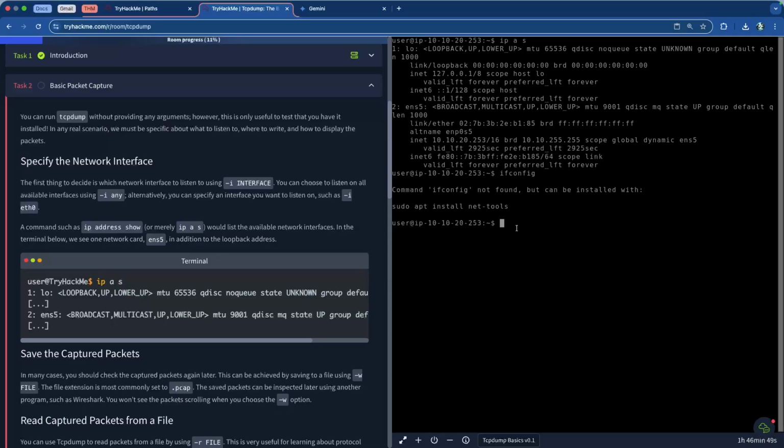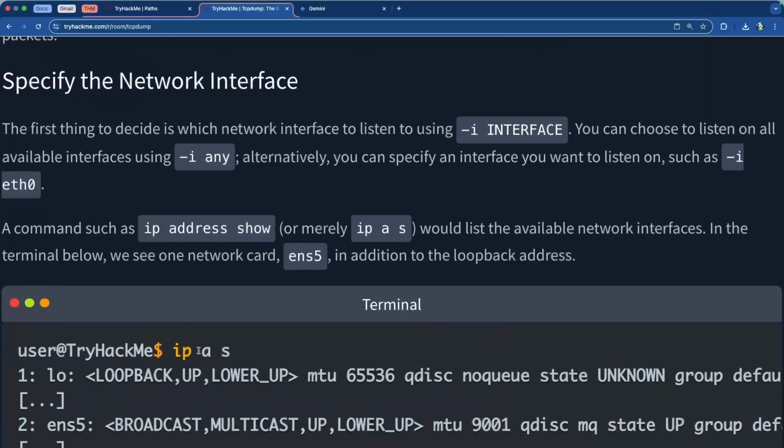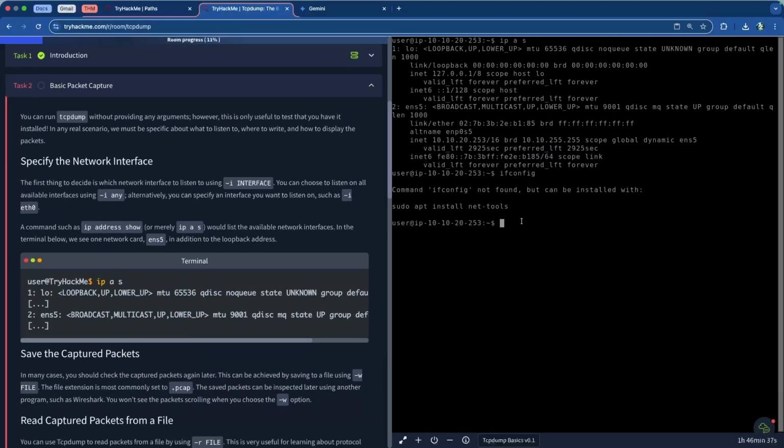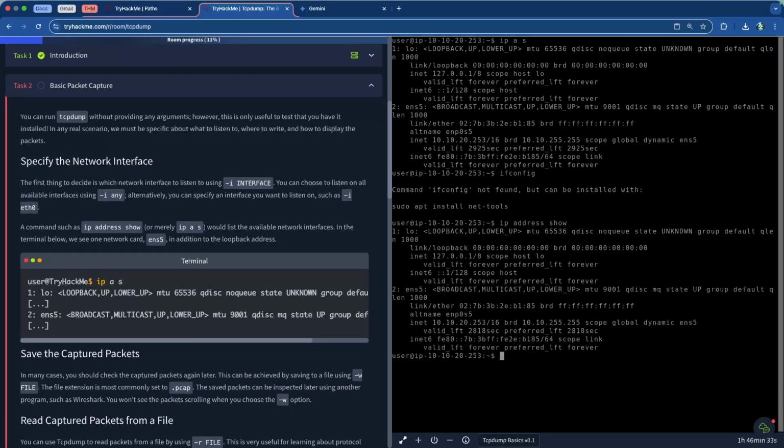In this case, it would be IP-A-S, which is basically listing the available network interfaces, and it's an acronym for IP address show, right? So that's basically what we would do. I could actually do IP address show, and it would give me the same response. It's just the acronym version, the shortened version, in case you're lazy like the rest of us inside of the